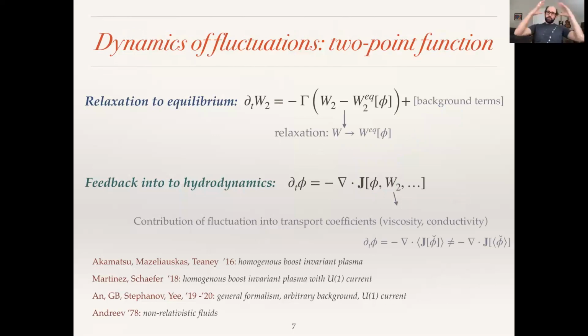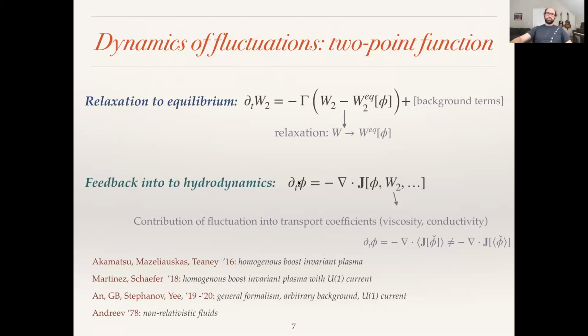So the basic physics is how these fluctuations relax to their equilibrium values. Therefore, the typical expectation is that I will have some hydro equations and have new degrees of freedom now, the 2-point function, 3-point function, and whatnot, and they will satisfy some equilibration type, or relaxation type equation, which schematically looks like this. And of course, the higher point functions will also appear in the constitutive relations in hydrodynamics, because the average of the flux is not necessarily equal to the flux as a function of the average hydrodynamic variables. That's why the 2-point functions, 3-point functions, and so on will also sneak into the hydro